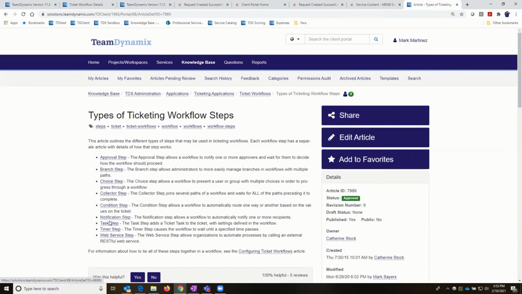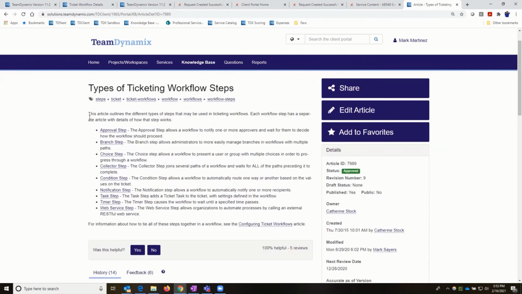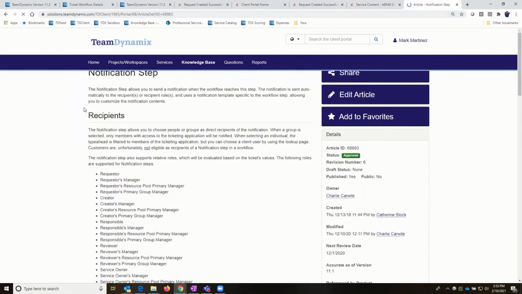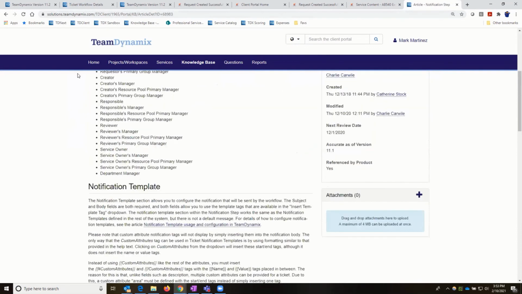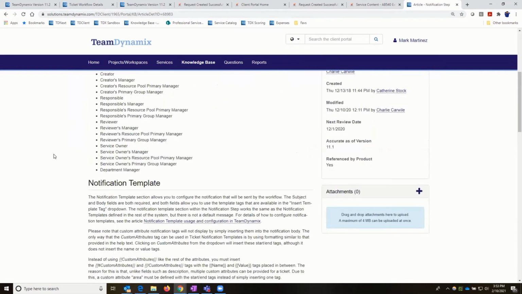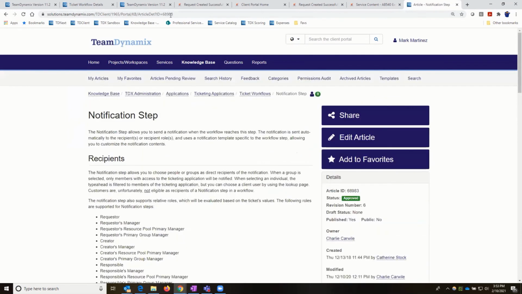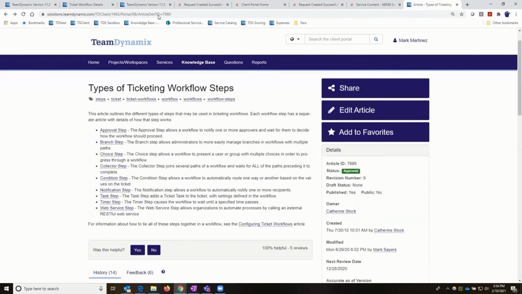There are certainly others in here as well, but this will walk you through the types of steps that are available, and each one of them opens up another article that talks a little bit more. So if I click on what does the notification step do, can I get more information about it, it'll open up another one here and give you even more detail than you probably want to know. So I'll send you this one, and then I'll also send you